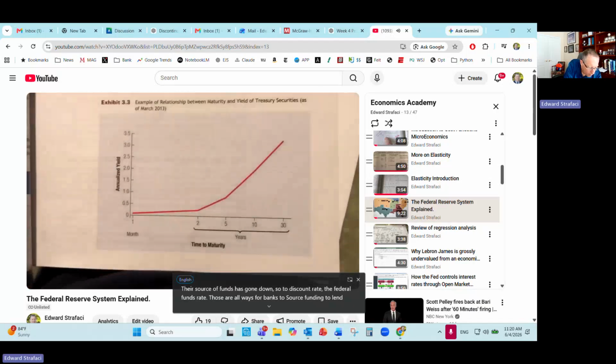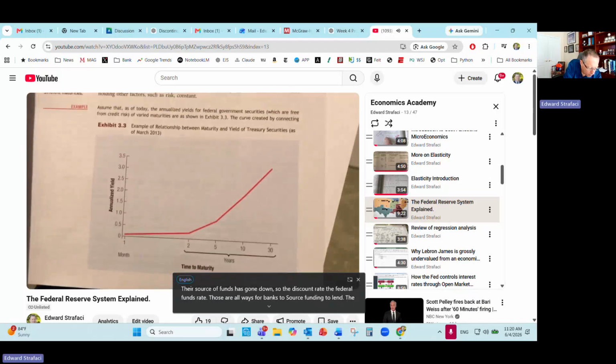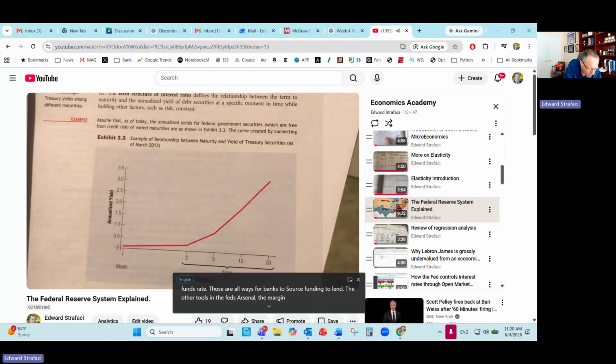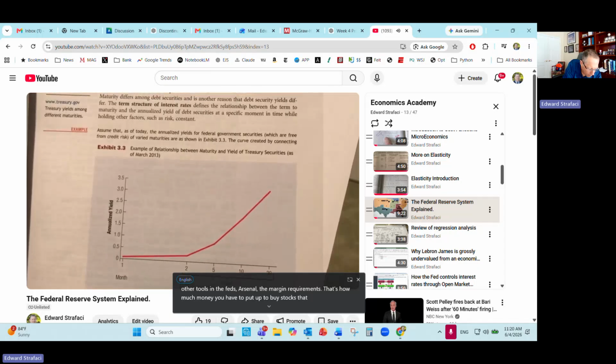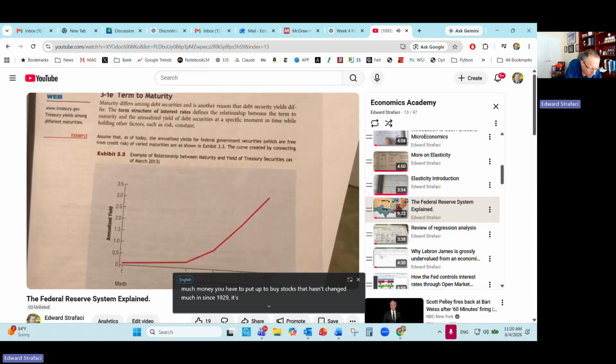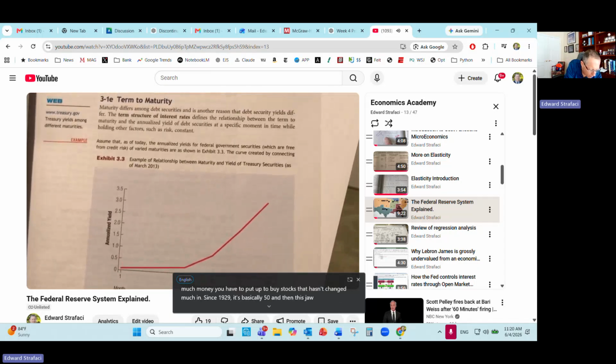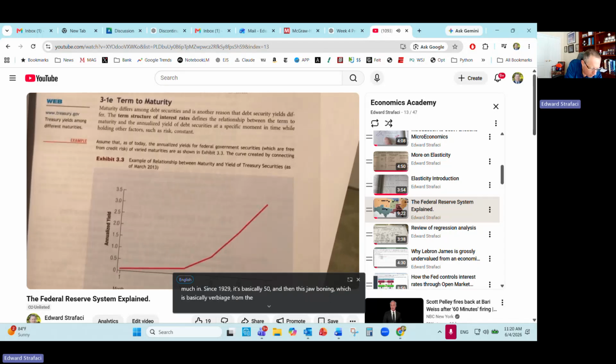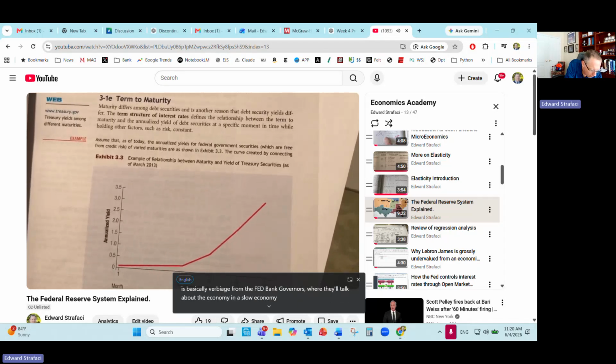That's how much money you have to put up to buy stocks. That hasn't changed much since 1929. It's basically 50%. And then there's jawboning, which is basically verbiage from the Fed bank governors, where they'll talk about the economy. In a slow economy like this, they'll talk up the economy, and in a very booming economy, they'll